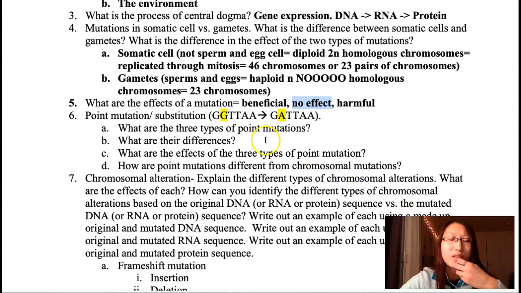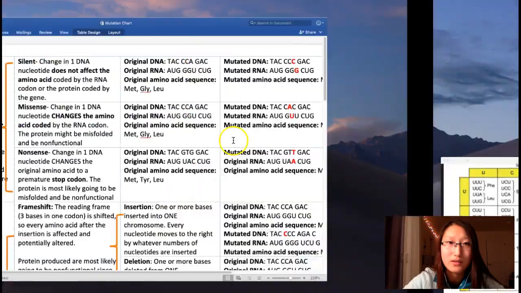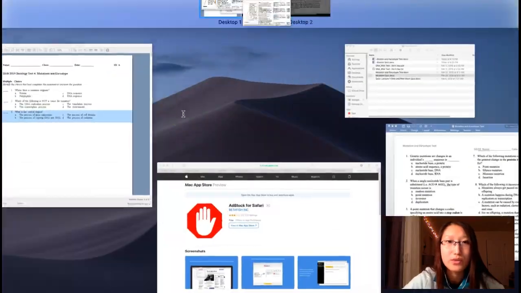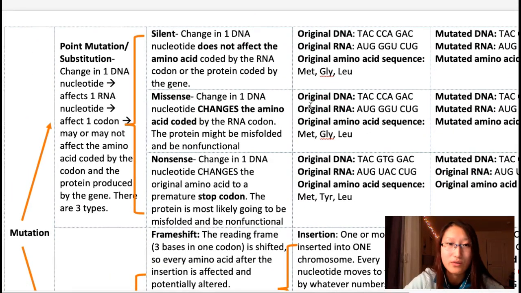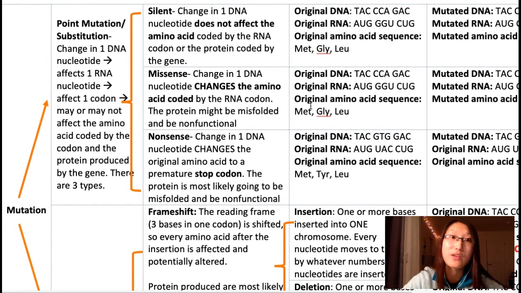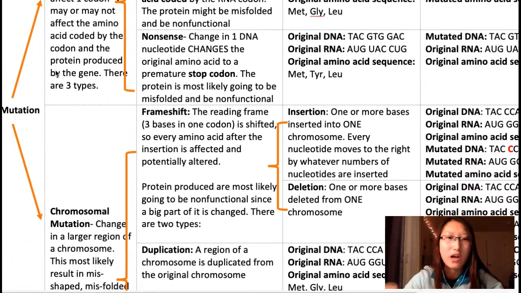Okay, so now we're on to point mutation and substitution, and the differences between all of those, which comes to this. Oh, you can't see it actually. Which brings you to this chart that you didn't get, but now you get to look at it. You don't get to use it because you didn't show up for the review, but that's okay. Is it okay though? Anyway,